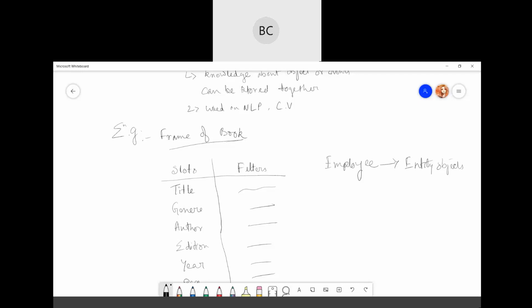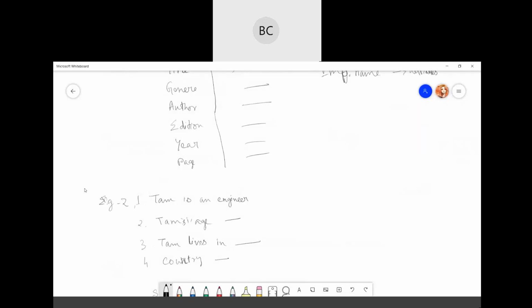Then you can keep the name, like employee name. Then there will be some attributes. These two are comparatively simpler.